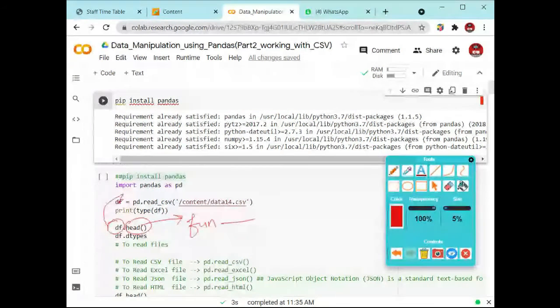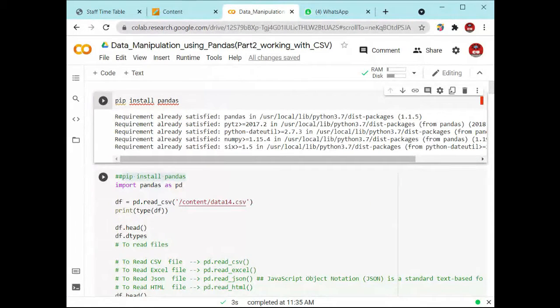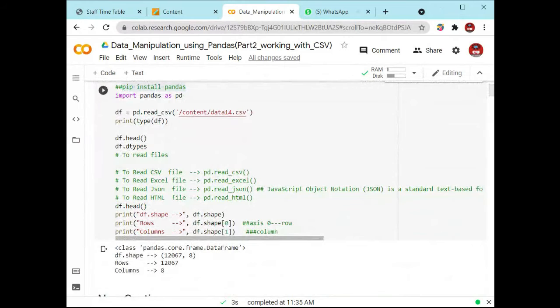Head is a function. So what is the use of this head function? It will retrieve the top 5 lines from the data. Right here we are using df.type, so it will give the type of the values.